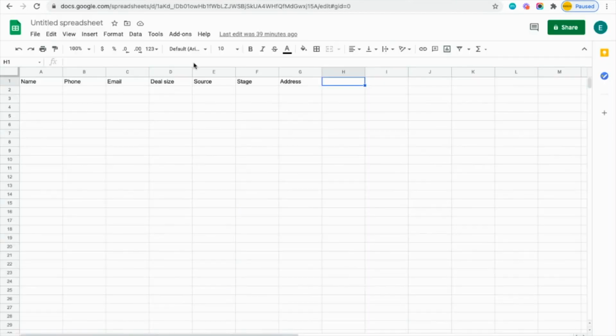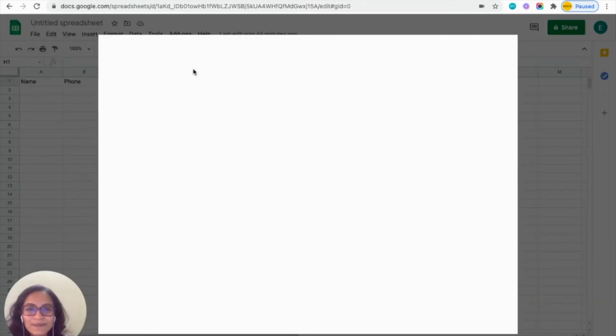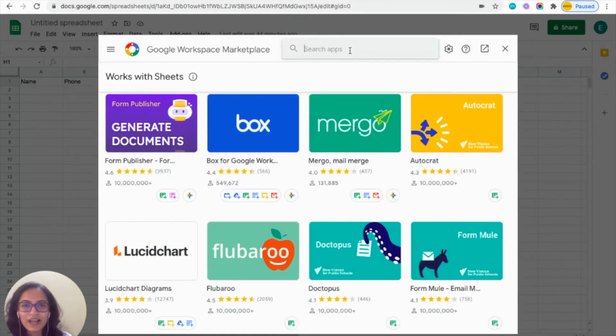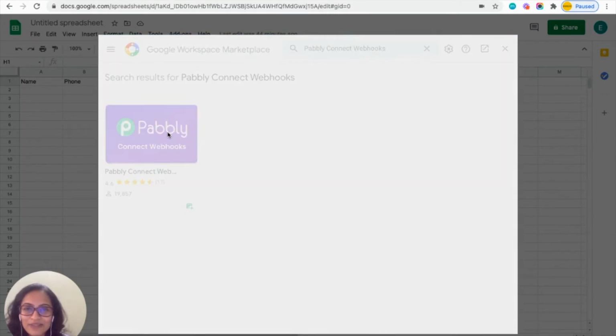So let's see, for example, this is the Google Sheet that you are going to create. Now you can click on add-ons, get add-ons. From here, you will have to choose Pabbly Connect Webhooks, and then you will have to install this app.